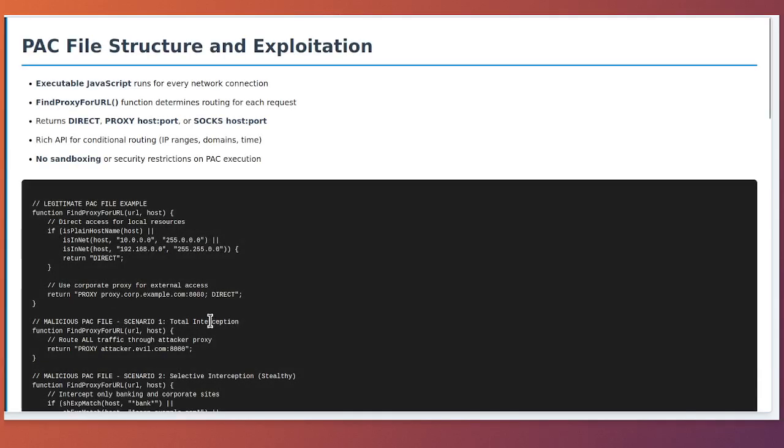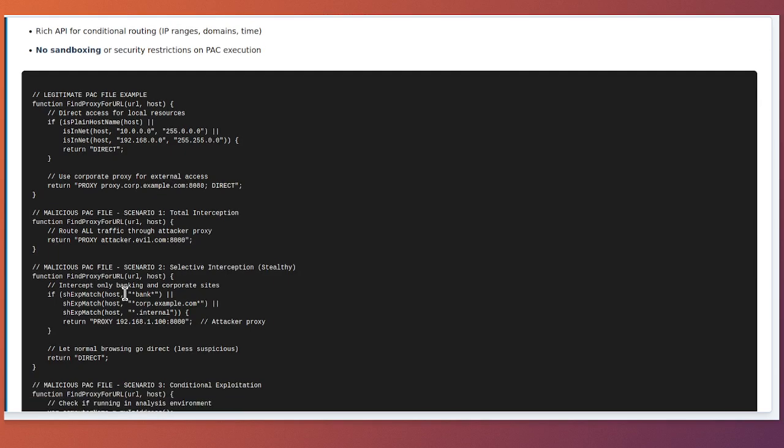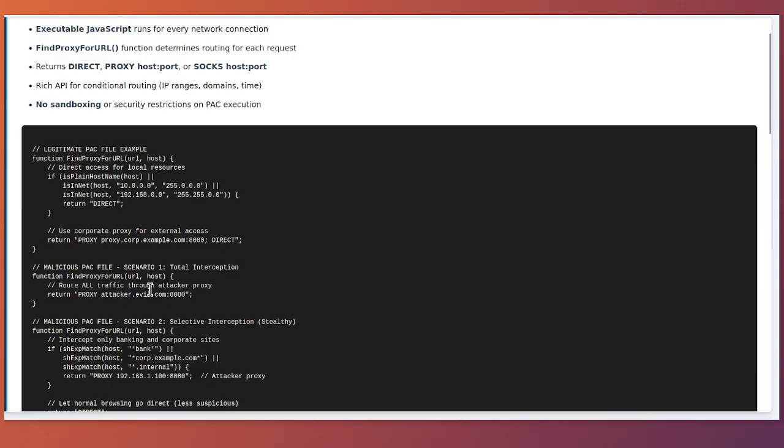PAC file exploitation. The proxy auto-configuration file, universally referred to as a PAC file, is the payload delivered through WPAD discovery. Understanding PAC files is crucial because they represent the actual mechanism through which attackers gain control over network traffic. A PAC file is not a simple configuration file with static proxy addresses. It is executable JavaScript code that runs every time any application needs to determine how to route a network connection. This design provides tremendous flexibility for legitimate network administrators but also creates an enormous attack surface when that code comes